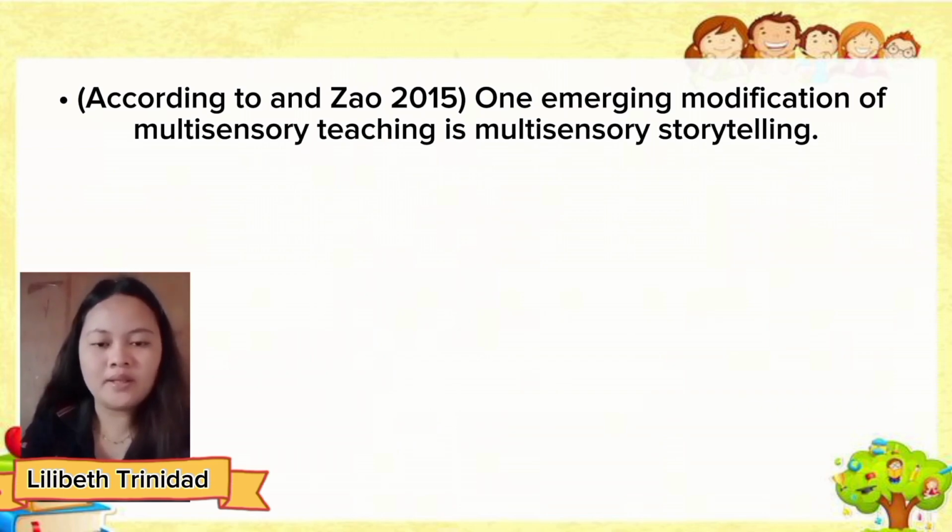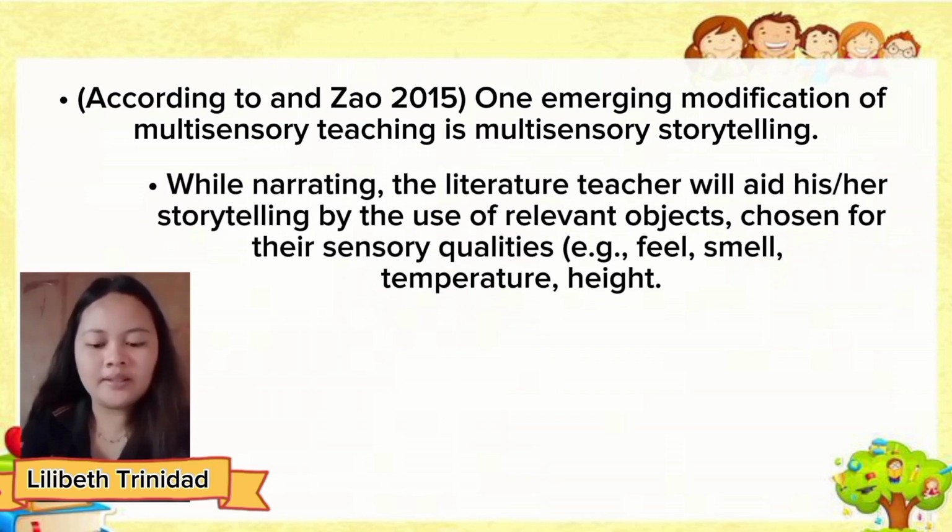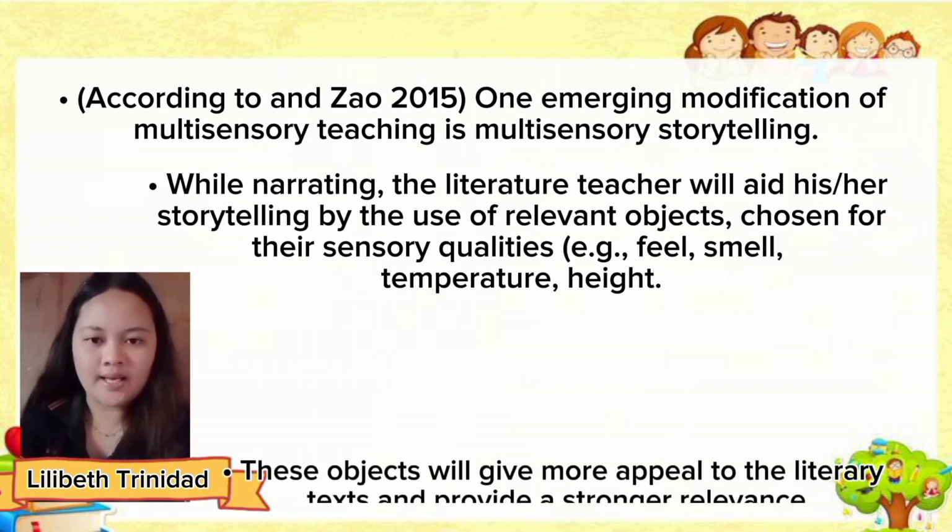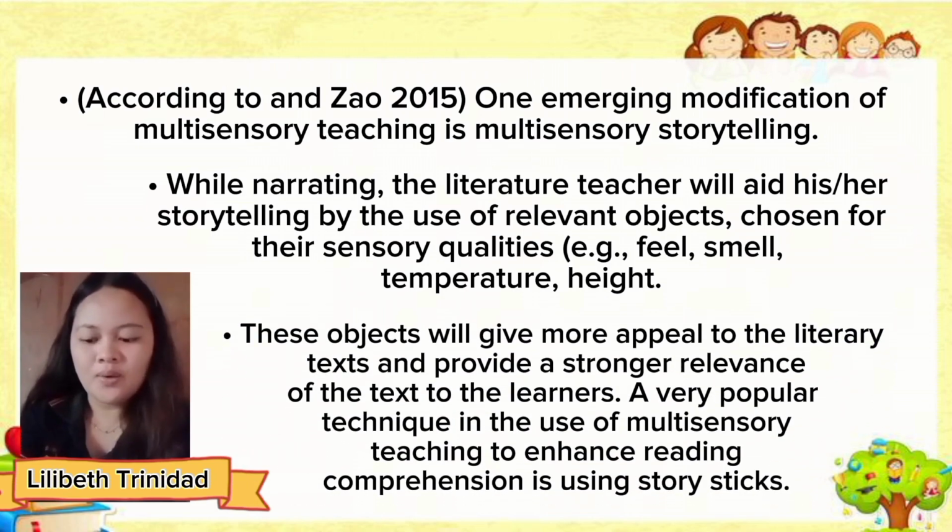According to Priest and Zhao 2015, one emerging modification of multisensory teaching is multisensory storytelling. While narrating, the literature teacher will aid his or her storytelling by the use of relevant objects, chosen for their sensory qualities like feel, smell, temperature, and height. These objects will give more appeal to the literary text and provide a stronger relevance of the text to the